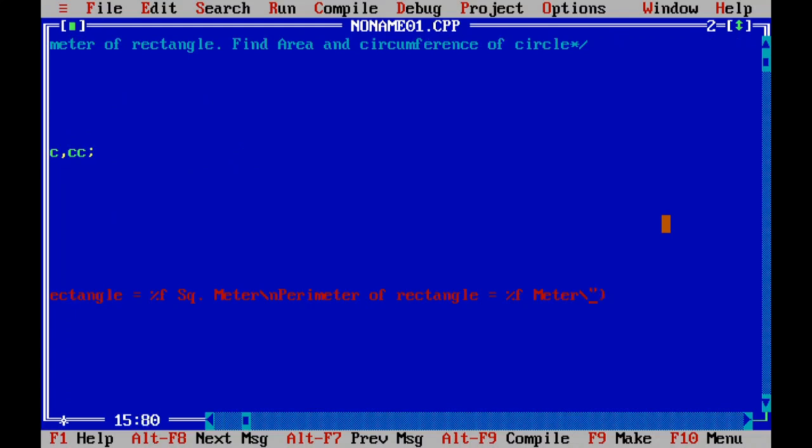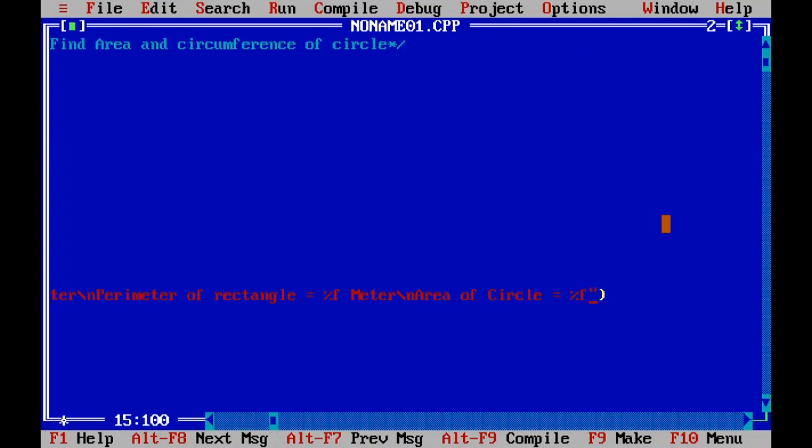After that again we will use the \n and write "area of circle", which is again in float type. So we will write %f and the unit of that is square meter.